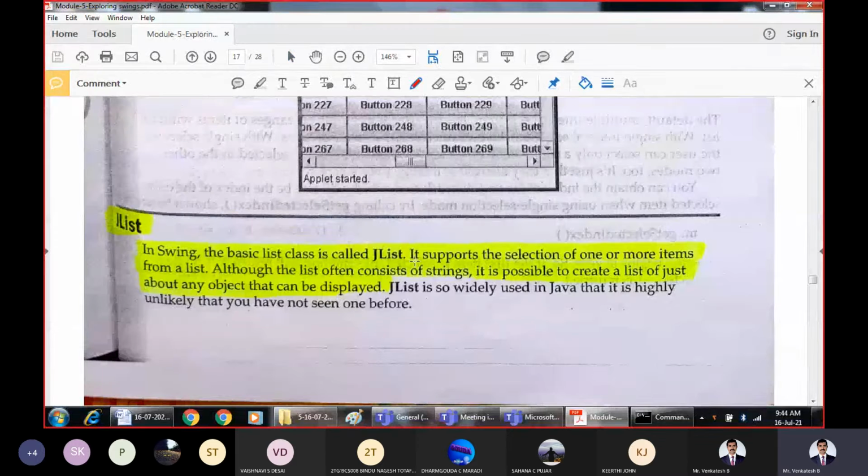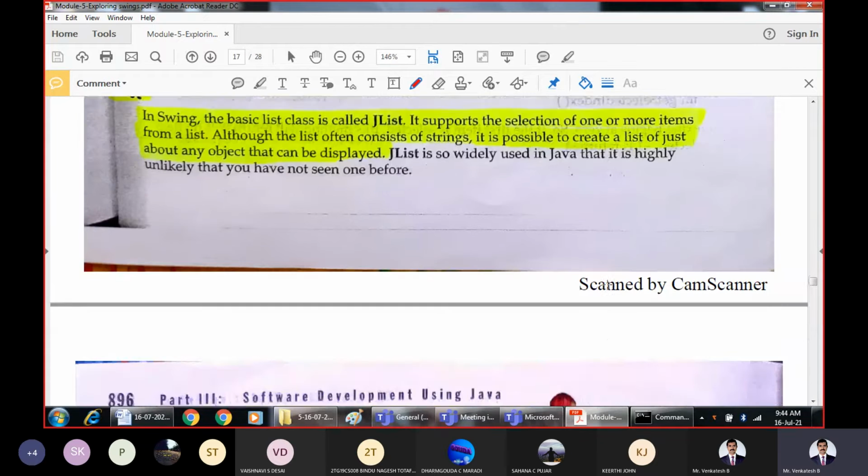So it is going to support the selection of either a single item or more than one item depending on the type of constant you are using in the constructor. Depending on the type of implementation, in a list of items, you can either allow only one item to be selected or more than one item to be selected.